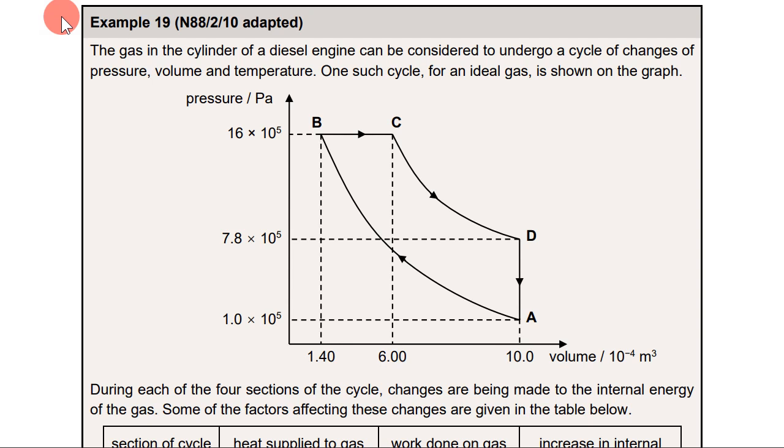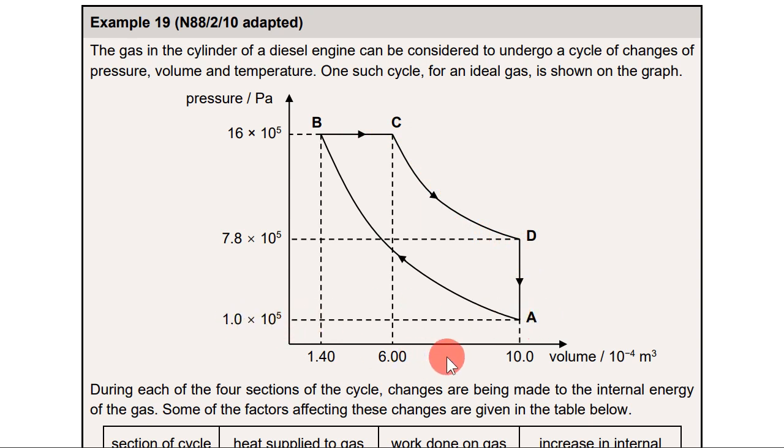Example 19. The gas in the cylinder of a diesel engine. This diesel engine is probably inside a car. Now in a car, there's a car engine. In a car engine, there's actually a gas inside the cylinder, and the gas is continuously being compressed and expanded. If you look at the gas at, let's say, state A at the beginning,